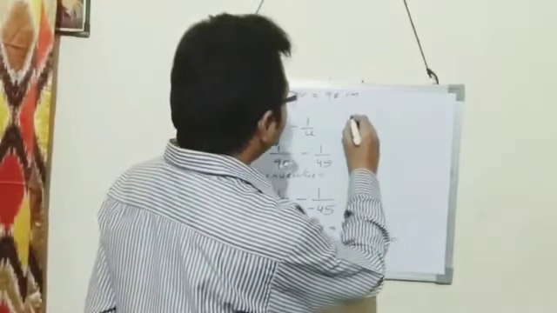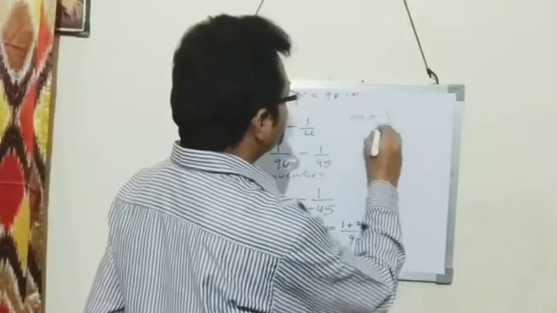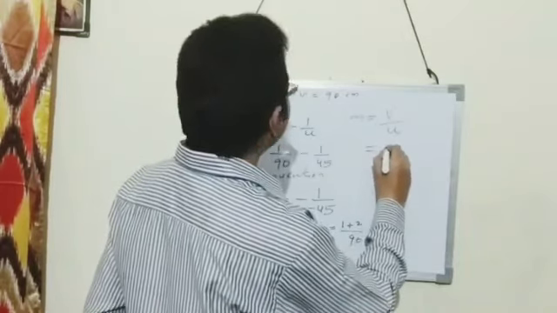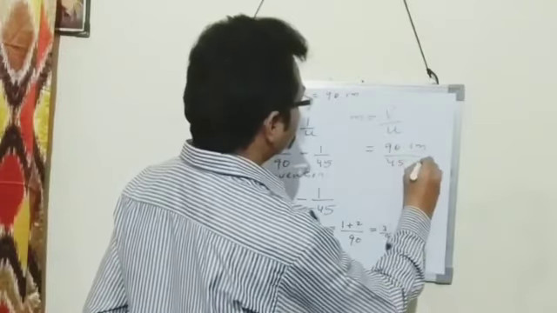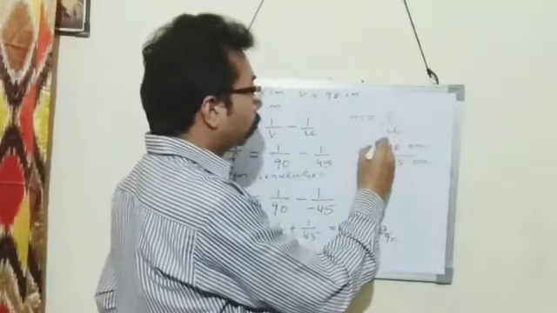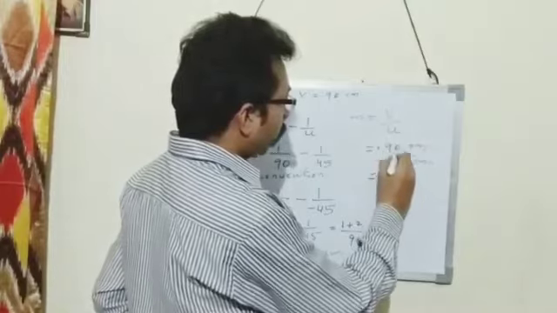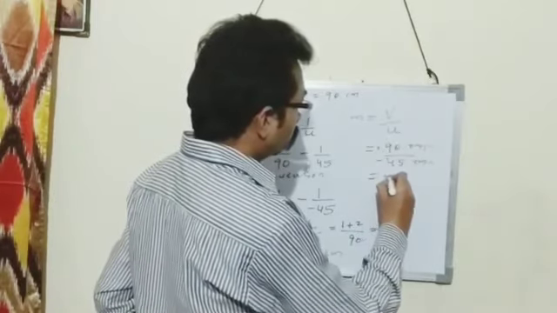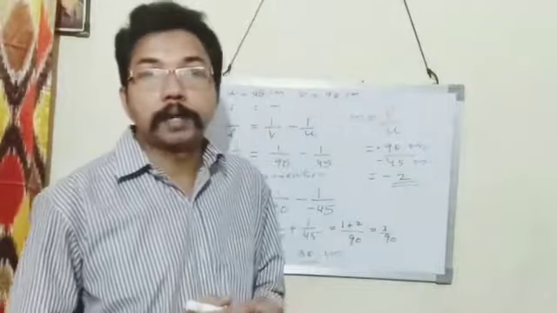Now, second part, we have to find the magnification. Magnification is equal to V upon U. Substituting, V is 90 and U is 45 centimeter. Centimeter and centimeter cancel. Then applying the sign convention, V has a plus sign and U has a minus sign. So 90 by 45 is 2, so minus 2. Magnification is minus 2. This is the answer.